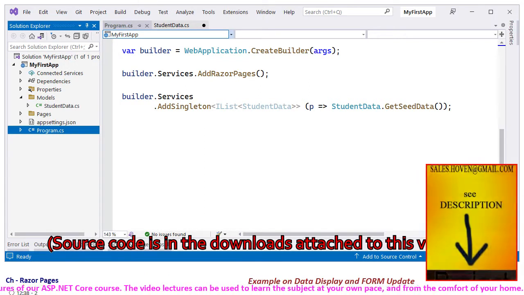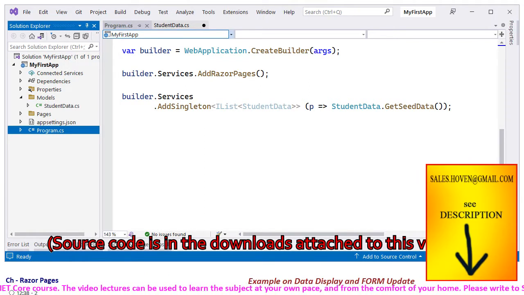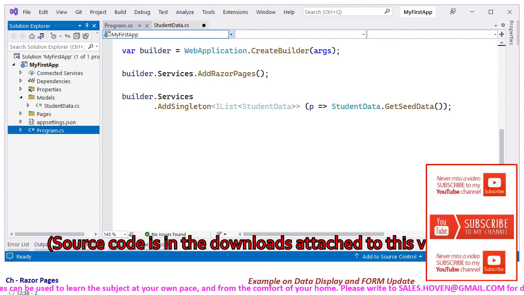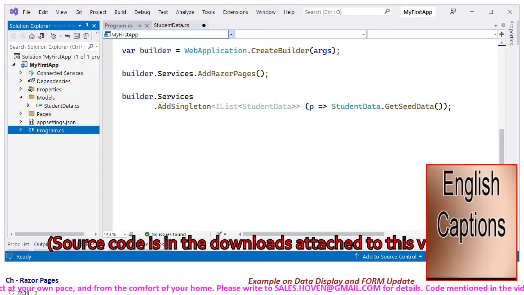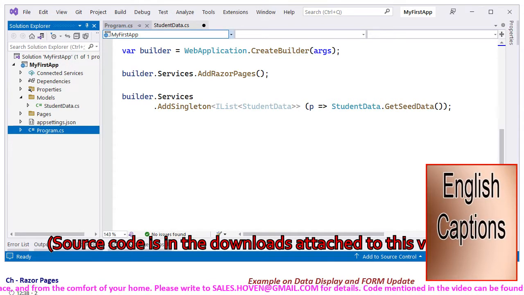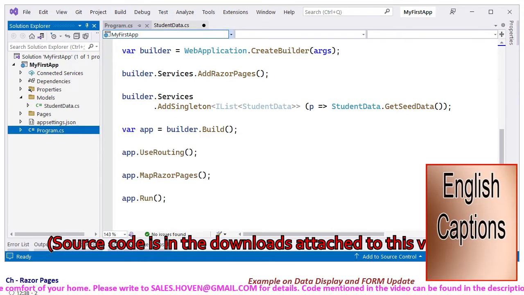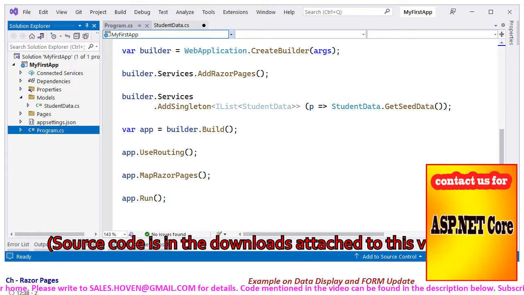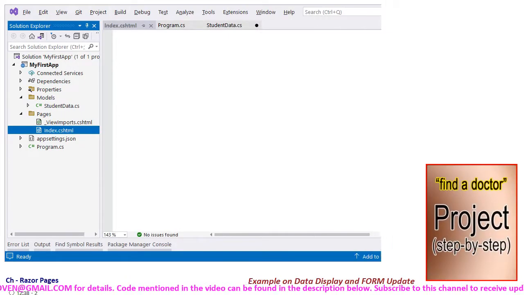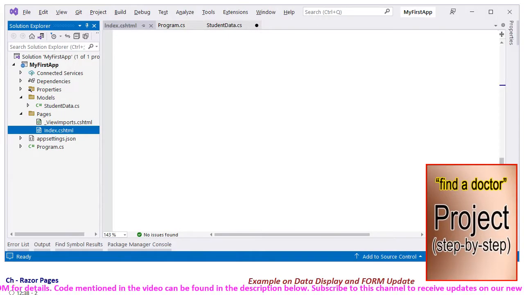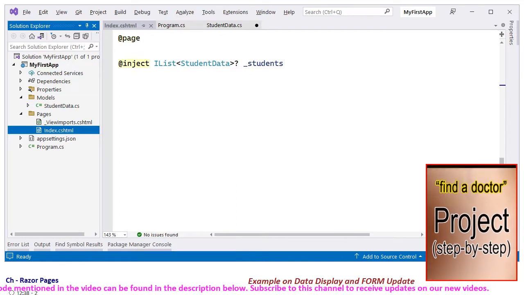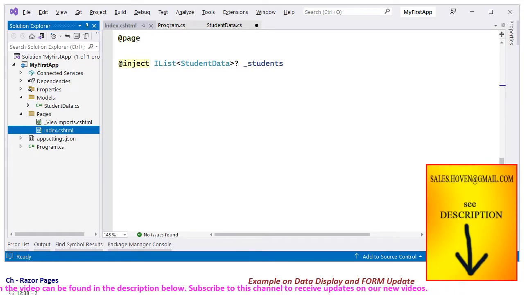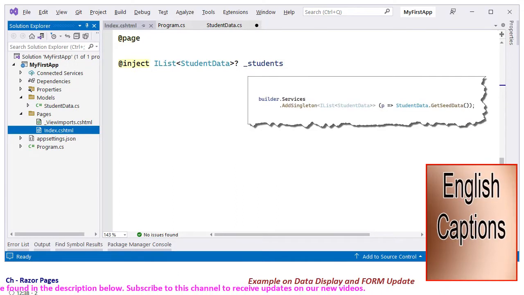The concept of dependency injection has been explained in the chapters of database connectivity, but here the basic point is that we have made an arrangement of using a collection as a data source. The remaining lines of this file are again the usual boilerplate. And next, let's come to the index home page. The @inject directive provides us the collection of student data records that we have added to the services container in